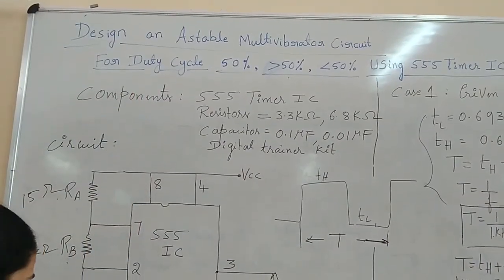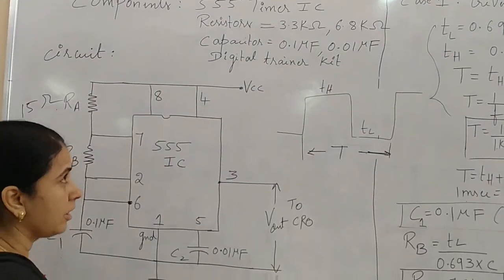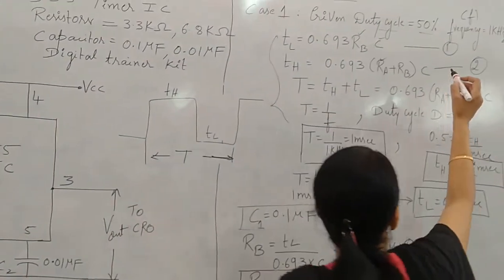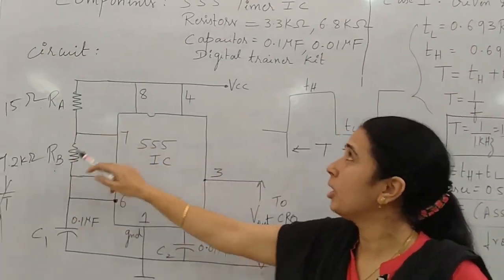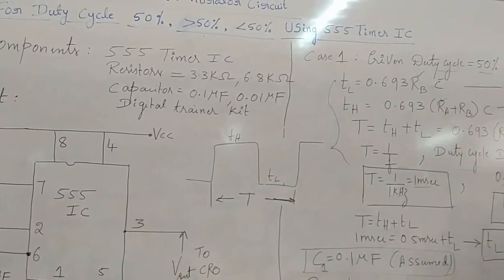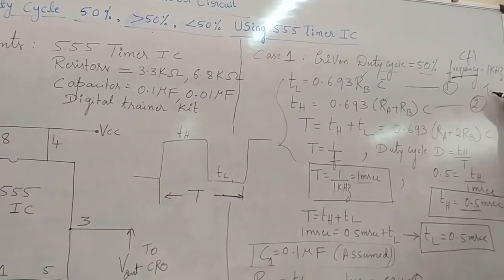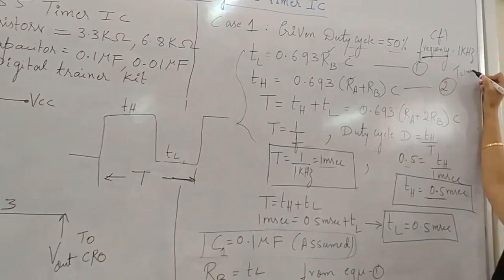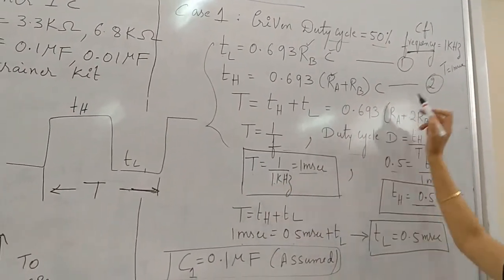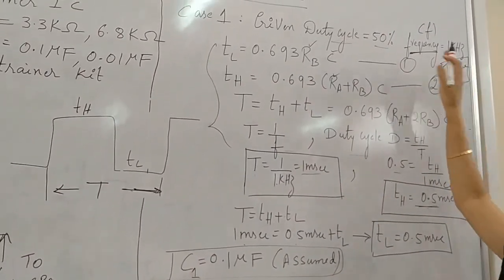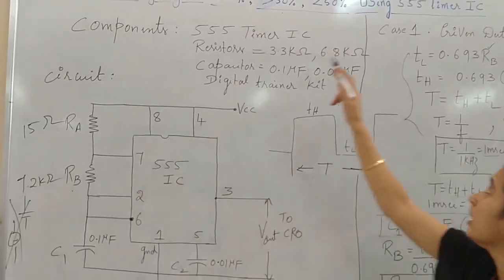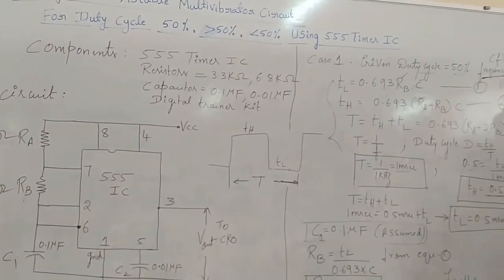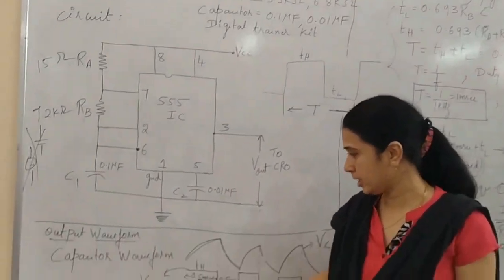What you need to measure is, for the given data, we have found out these values. What was the data? Frequency was 1 kilohertz. Frequency 1 kilohertz indicates T is 1 millisecond, isn't it? T is 1 millisecond. So you need to cross check using these data and these values. Am I getting the same value, T as 1 millisecond? That is what we are supposed to measure here.